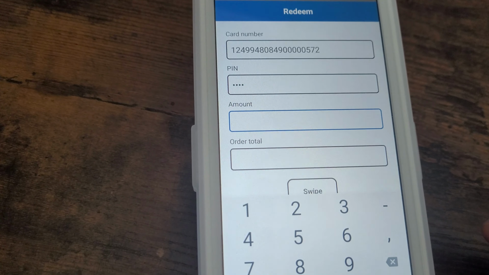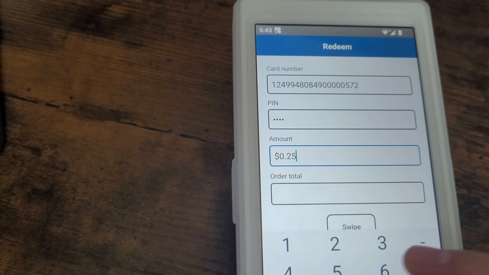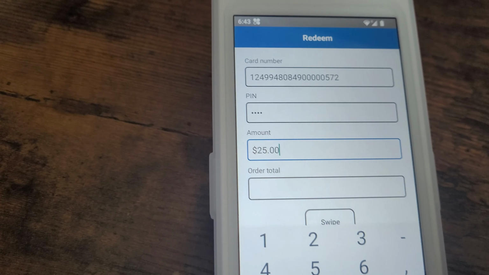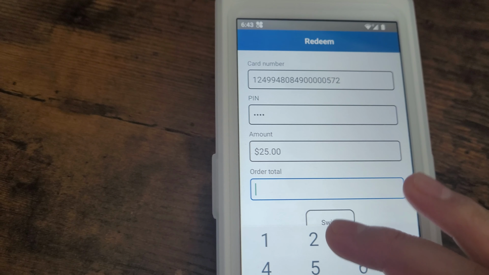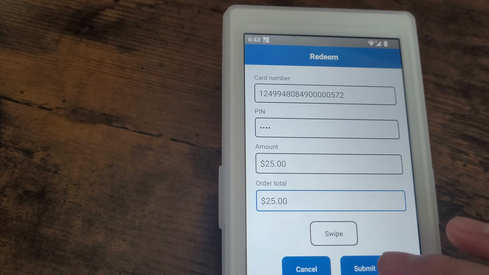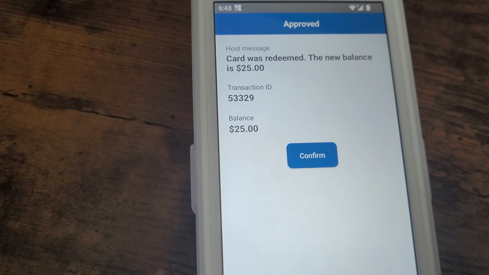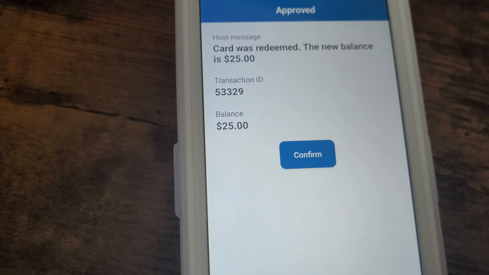Enter the amount that I want to redeem. So I had $50 in my card. I'm redeeming only $25. Total order, in this case, happens to be $25 only, and then submit. So now I see my card is being redeemed with $25 and my current balance remaining on